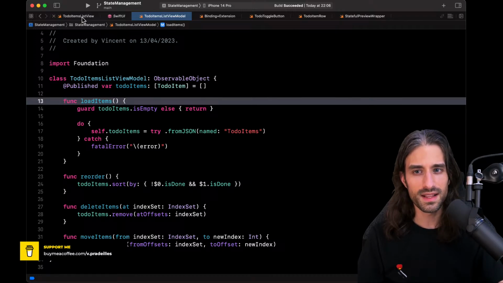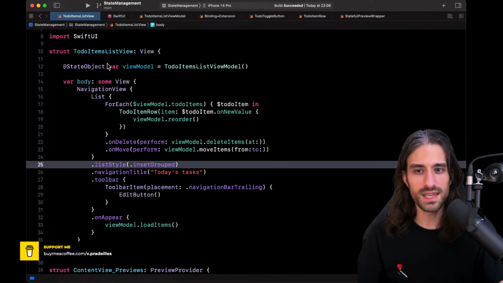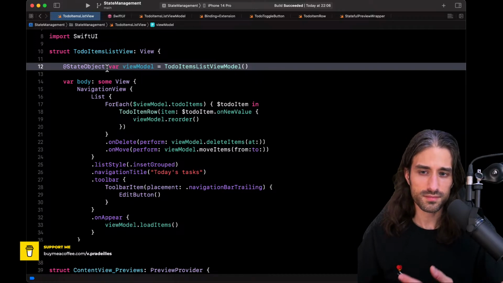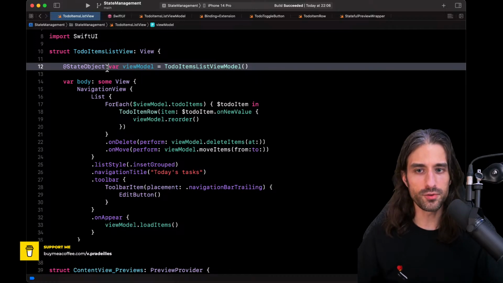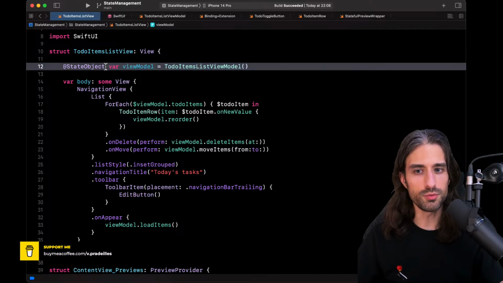And finally, we saw that when we wanted to use an observable object in a SwiftUI view, we had two choices for the property wrapper that will annotate the property holding the view model. Either @StateObject, which similarly to @State conveys the fact that the view owns the view model, and most of the time it will translate to the view being the one instantiating the view model.